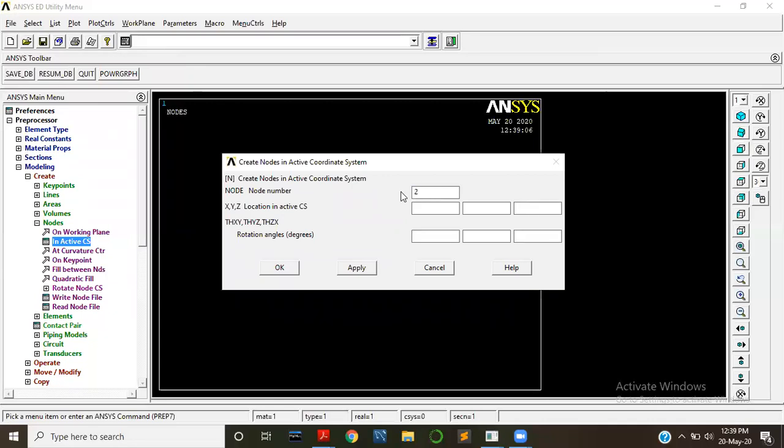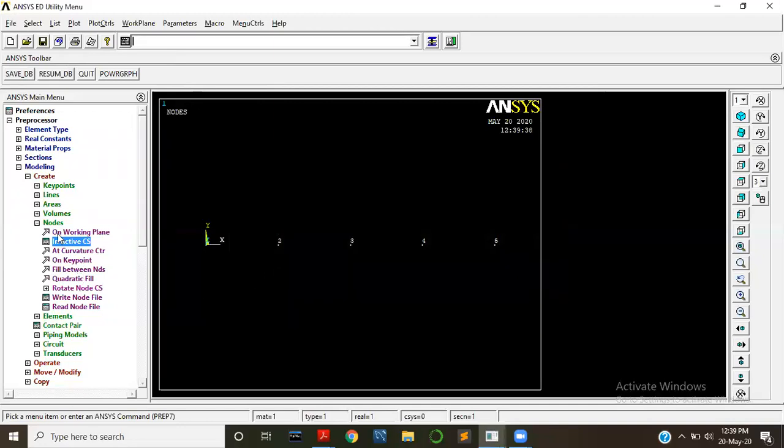The second node is at a distance of 2 meter, so we will input 2000. The third node is at a distance of 4000 mm from the left-hand side, then the fourth node is at a distance of 6000 mm from the left-hand side, and the fifth node is at a distance of 8000 mm from the left-hand side. Press OK. So we have created all the 5 nodes, and go to Elements, Modeling, Elements, and here Elements